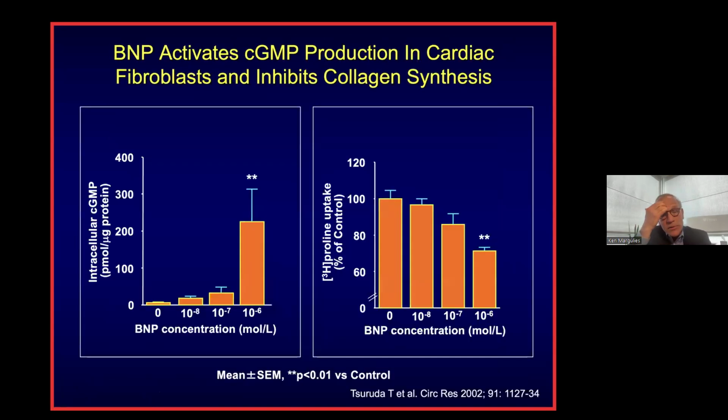There's also some of the neurohormonal mediators may be able to mitigate that. Natriuretic peptides, again, activate cyclic GMP production in cardiac fibroblasts and inhibit collagen synthesis. So we see that activation of cyclic GMP in a dose-dependent manner by BNP, and that tends to be associated with less hydroxyproline, an anti-fibrotic effect. Hydroxyproline is